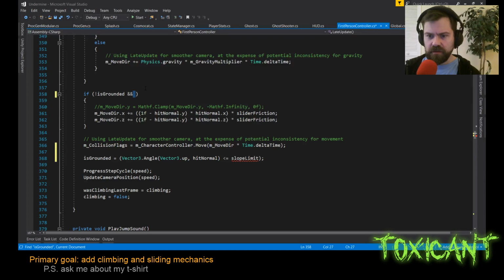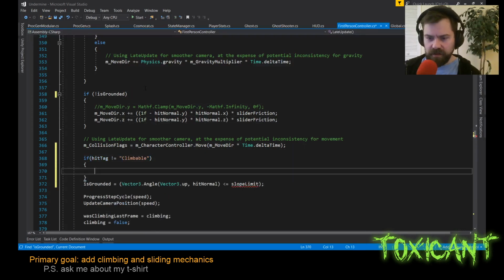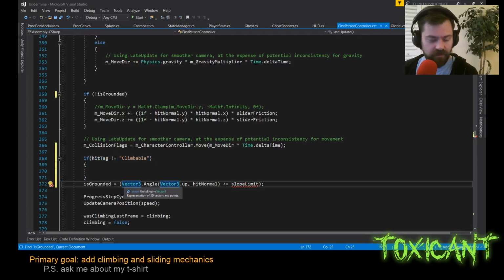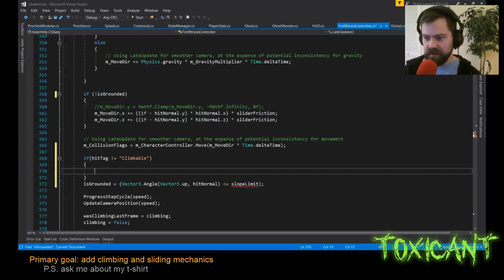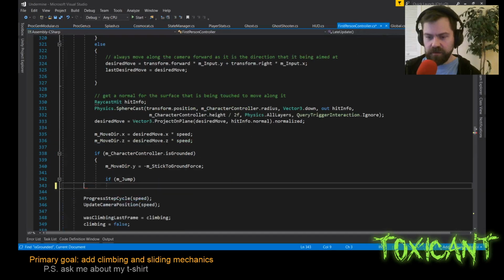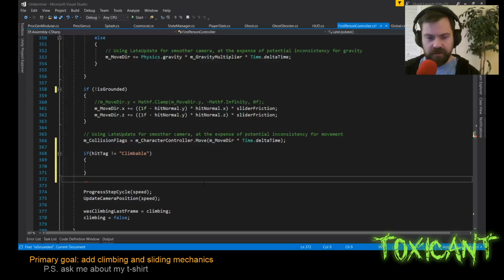So I think I want to take this part out and we want to say if, because basically the controller collider hit happens on move. So we're doing our calculations post move, figuring out are you grounded post move and then using it on the next frame. So I just got to keep that in mind that there's a kind of order of operations thing here. So if the surface we're on is not climbable, oops, then